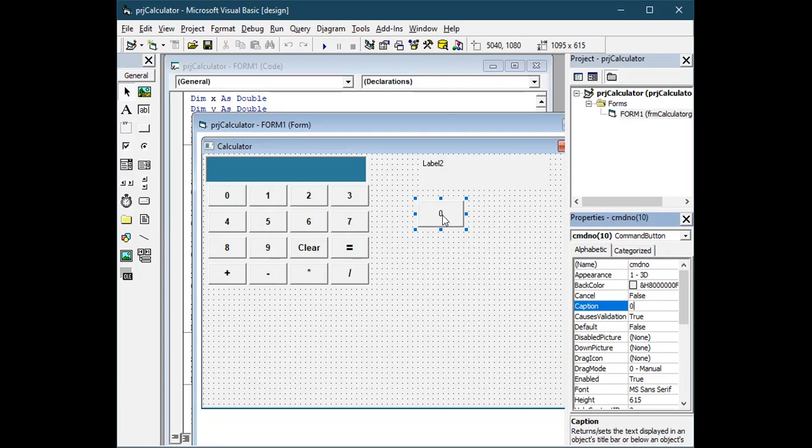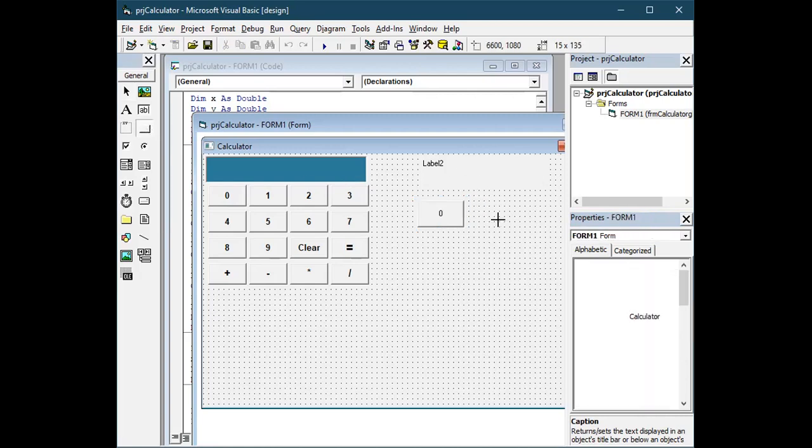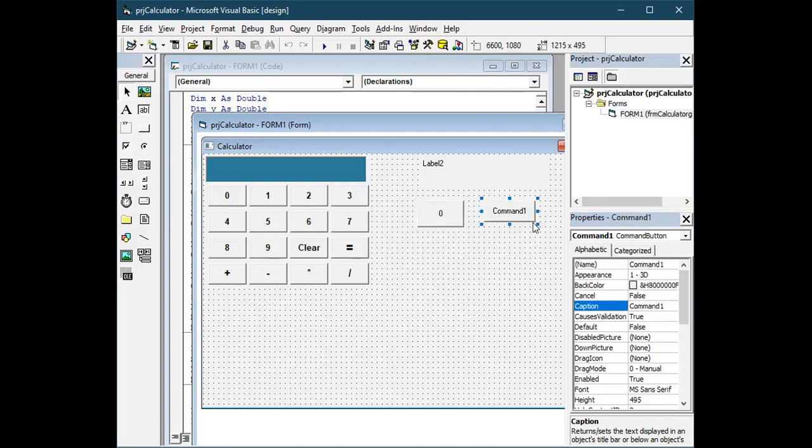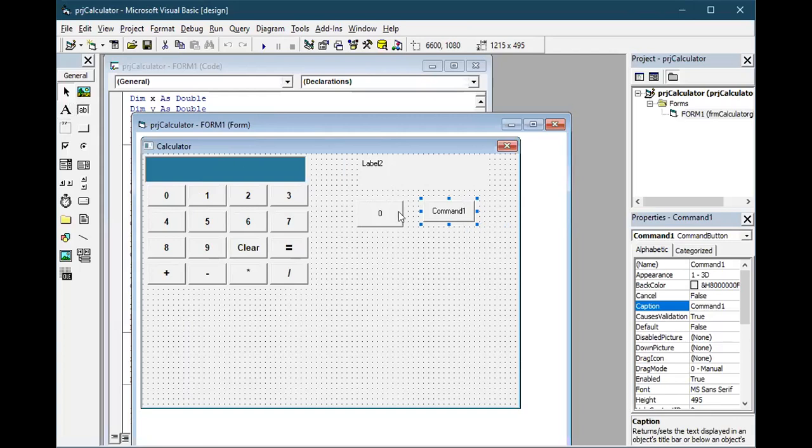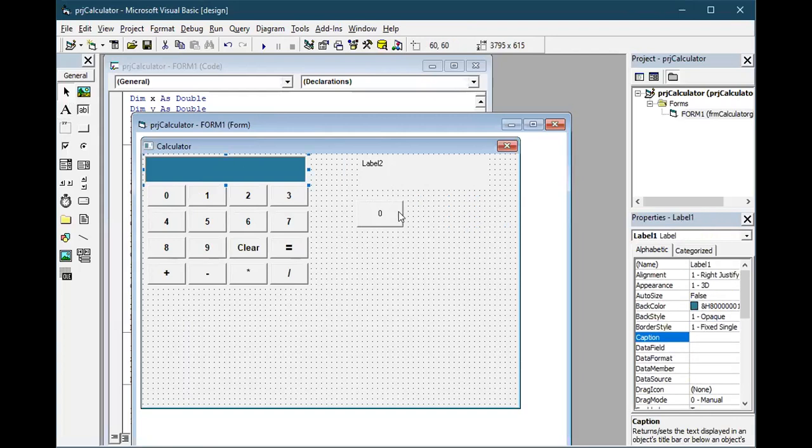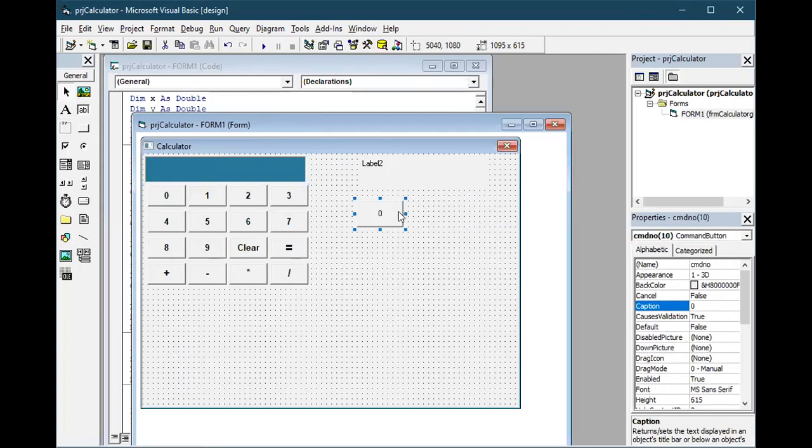When I want to place the next button, I should not go and take the button again. For this exercise, you need to use the concept called control array.